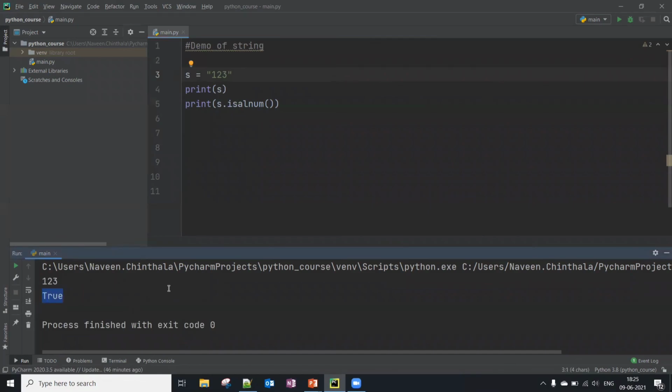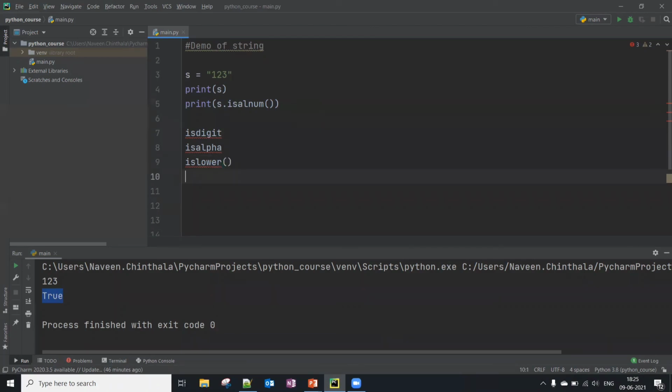So similarly we have other functions like isdigit. Okay, isalpha, it checks for alphabetic values, sorry, alpha, and islower. This function will check whether the string has at least one cased character and all cased characters are in lowercase, and false otherwise.